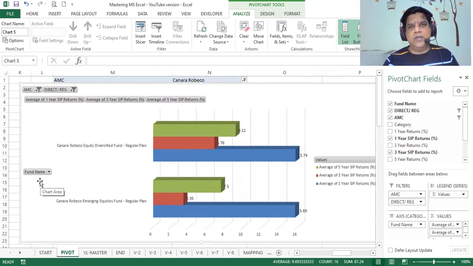Right? So what is important is, why is this known as an embedded pivot chart? Because this chart which you see here is linked on the backend to the pivot table. The pivot table is linked on the backend to the master sheet. So if you do any changes in the master sheet, that will change the pivot table, and in turn it will change the graph here. On the other hand, if you change anything here, it will also change your pivot table. So all these are linked together, right? That is the reason why it is known as an embedded pivot chart.